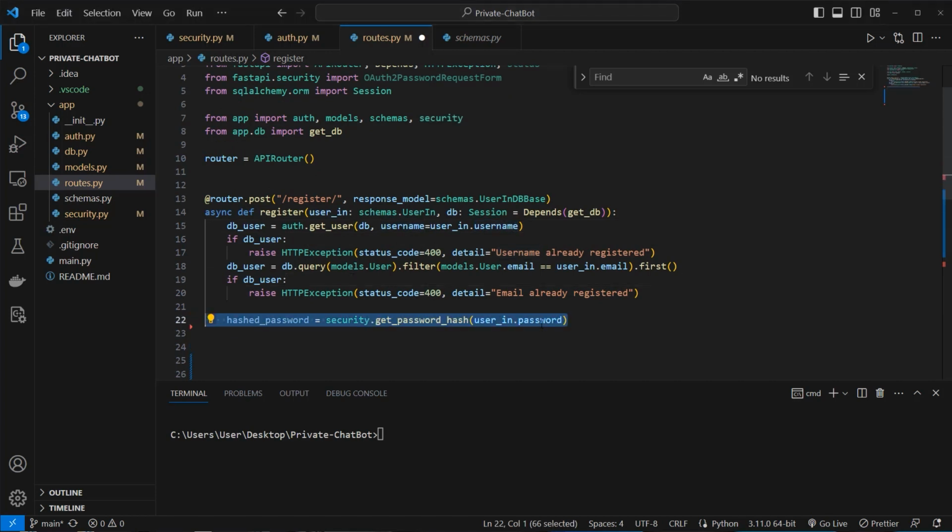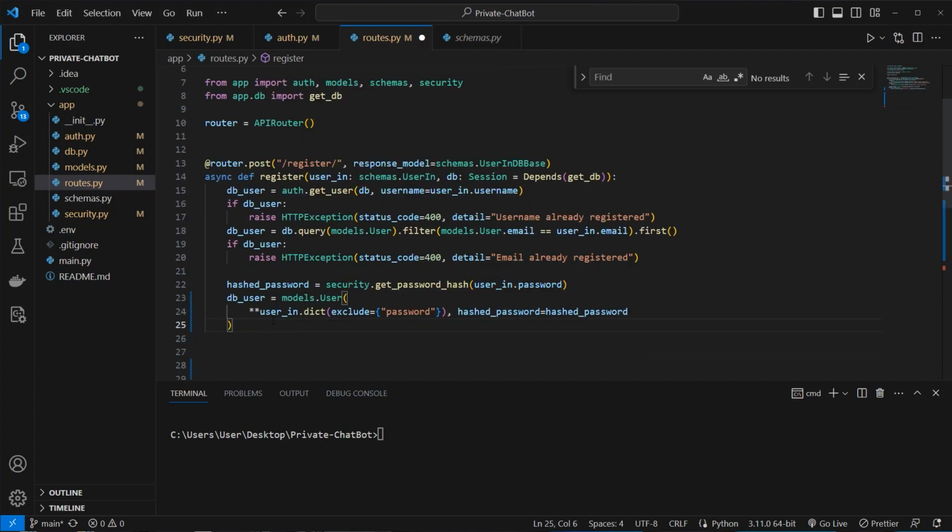If that's correct, we will take the password and pass it to the get password hash function. So we will convert the password in a hash password, and the hash password will be used to then store all the relevant user information. Here we exclude from the user information dictionary the normal password and pass in the hashed password. So we will create an instance of the DB user here, and now we will run the add method and